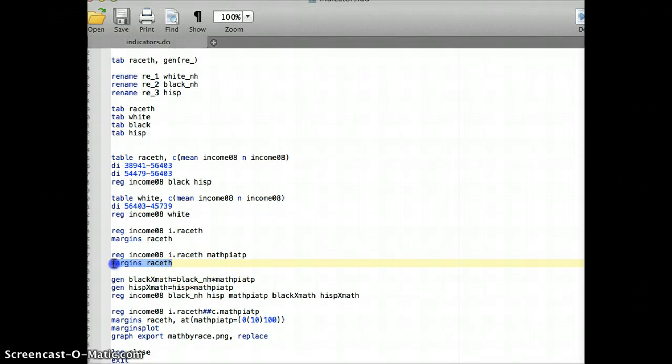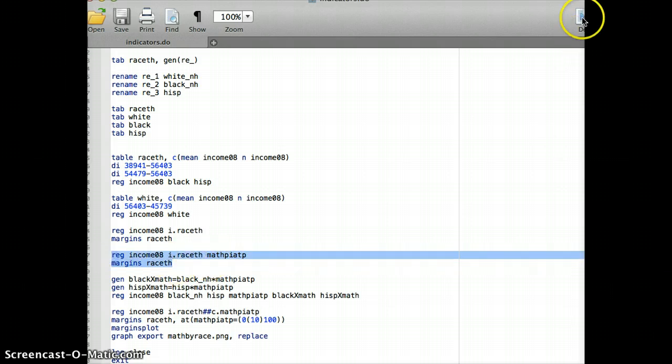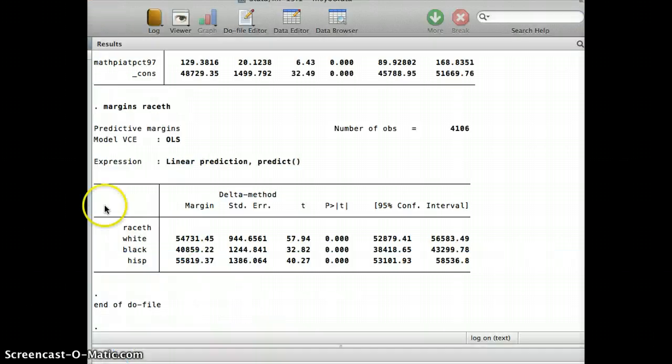Going back to our program now, we can look at these two lines of code. This is where margins really comes in handy, because if we type regress income i.race, that'll include the two dummy variables or the two indicator variables for Hispanic and black, and then we can adjust for math test score. Then our predicted margins will be predicted mean differences controlling for test score. So let's run that, and we'll go back to our